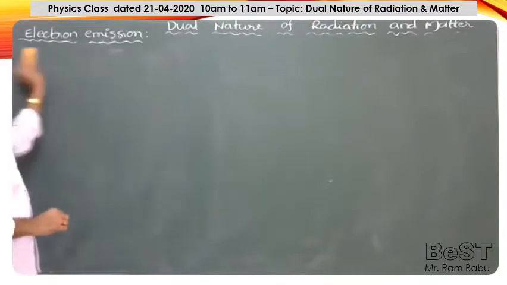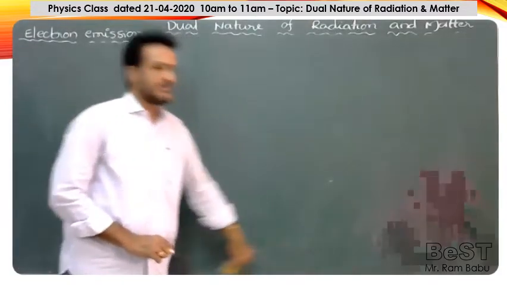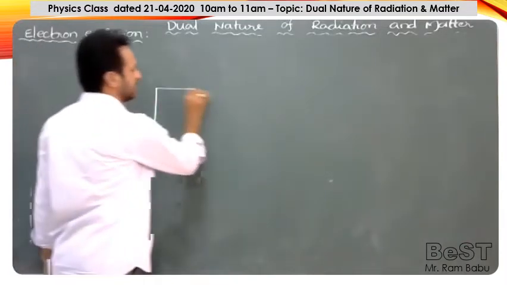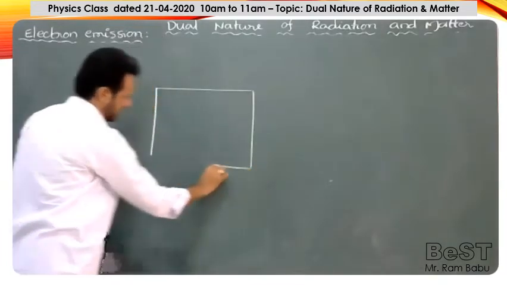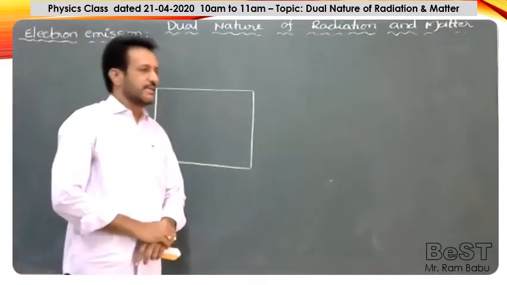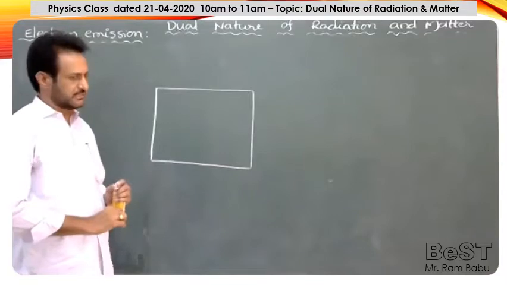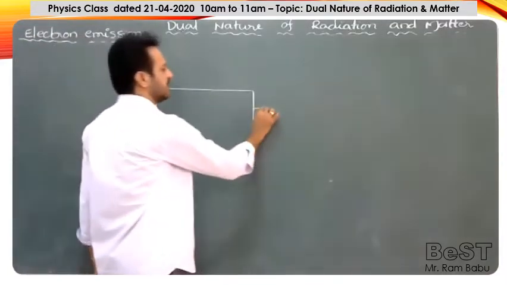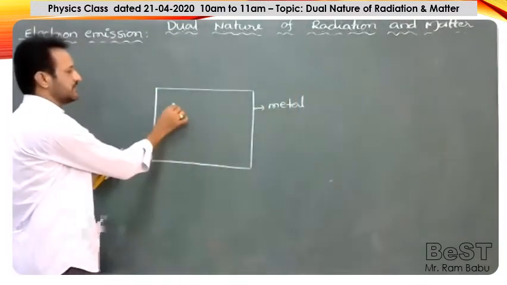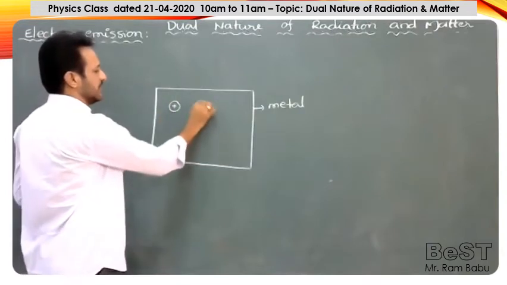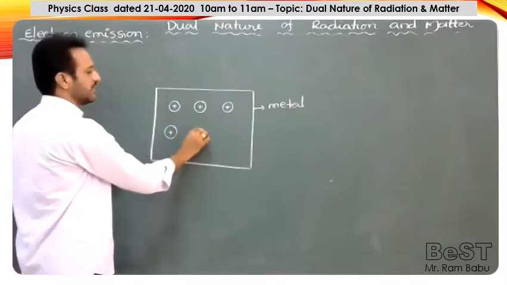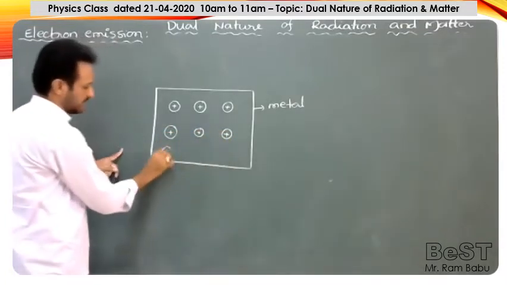Generally for electron emission, any substance like a metal may contain many electrons. So I am choosing one metal surface here. A metal contains a large number of atoms. Any solid or liquid or whatever substance we take is made up of a number of atoms. So if you take one metal plate, it also contains so many atoms. Here I am drawing the atoms in a metal. And each and every atom contains a central part or core, which is called the nucleus.